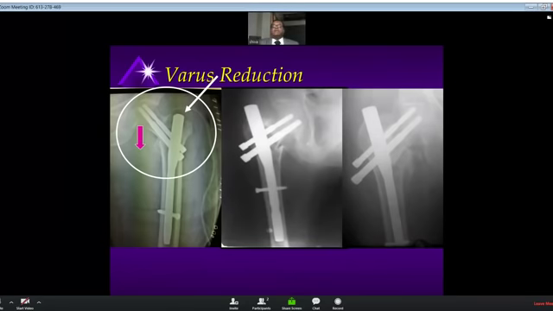As you can see in the next two cases, the beak of the neck is inside the medullary canal. As I said earlier, this is not a Diamond-Houston stable or valgus reduction, it's a varus reduction. Please remember, if the beak is inside the medullary canal of the distal fragment, that means it's a varus reduction.